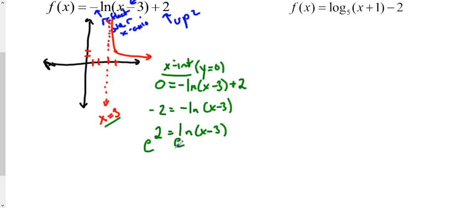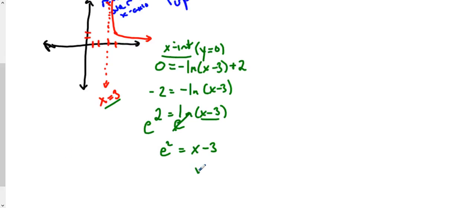When we do that, the inverse operation, e to the natural log, we know a function composed of its inverse equals the value inside. Hopefully you know that. These cancel out. We have x minus 3, and that's going to equal e to the e squared. We're then going to add 3 to the other side, and we can see that x equals e squared plus 3, and that seems right because it's going to keep on growing, and way down here, probably about 7-ish,